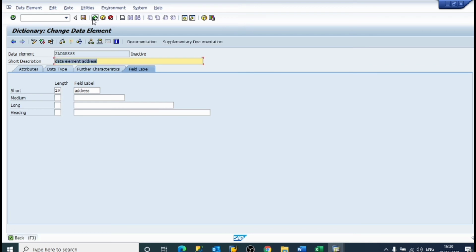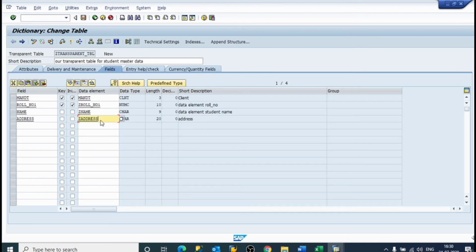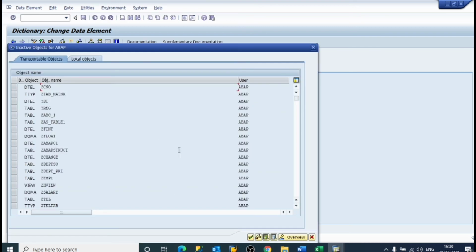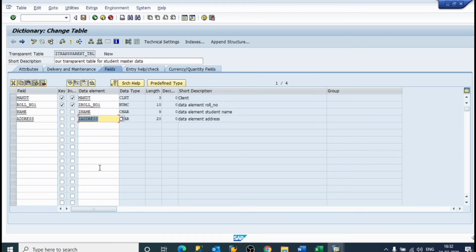Save it. Now we have created address also. Now just we'll save it, activate it.